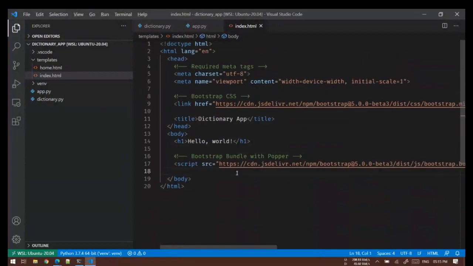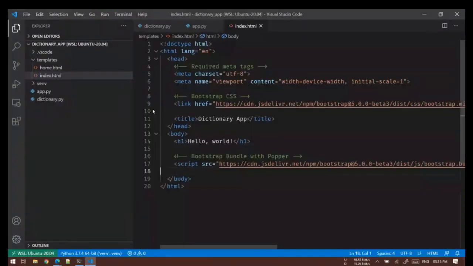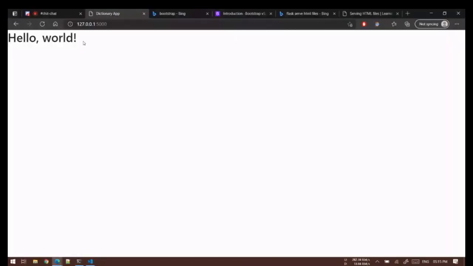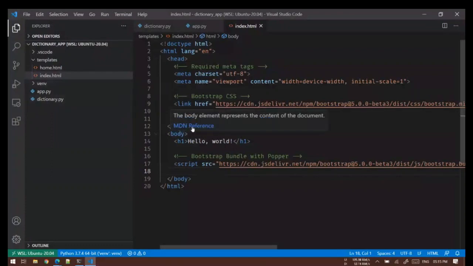So this is our basic code. Let's try to refresh it. Okay, it's working. As you can see, the font has changed, and some other things. Also, you get a lot of pre-built CSS classes, which is very handy while developing web pages.